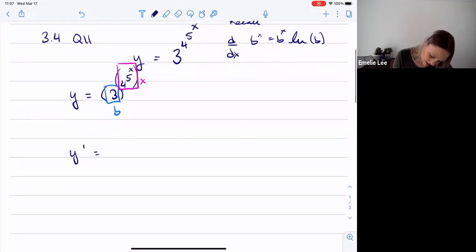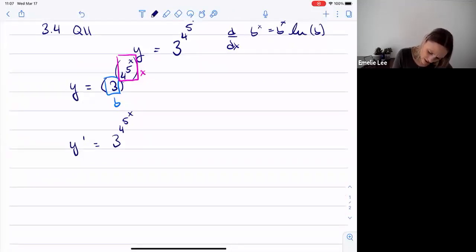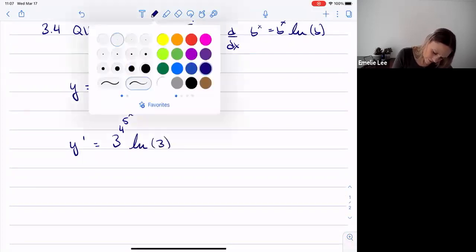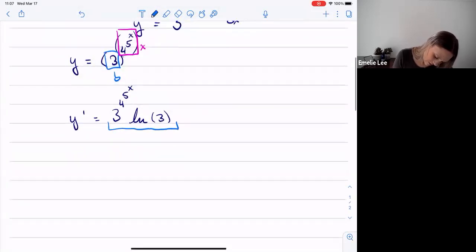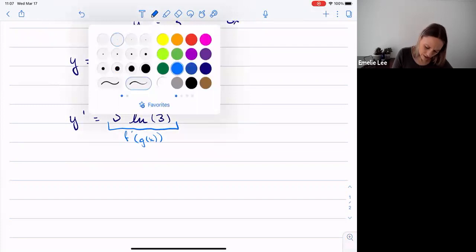So we get itself, 3 to the power of 4 to the power of 5 to the power of x, times the natural log of 3, right? This is basically the outside, how should I denote it? f prime at g of x. And then I need to multiply by,